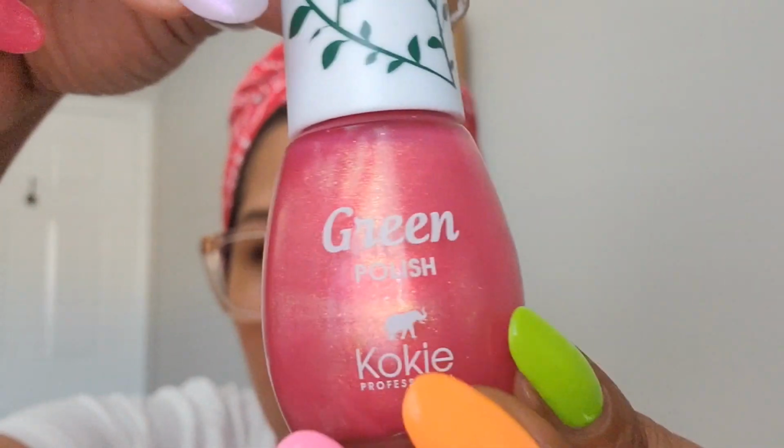Let me move on to this hand. So I have this pink that to me is more of a mature type of pink. I consider these my Senora polishes. I would consider this like a colorful neutral, because although colorful, it's very subdued against my skin tone, but it's so beautiful is what I mean. This is from Kokie,